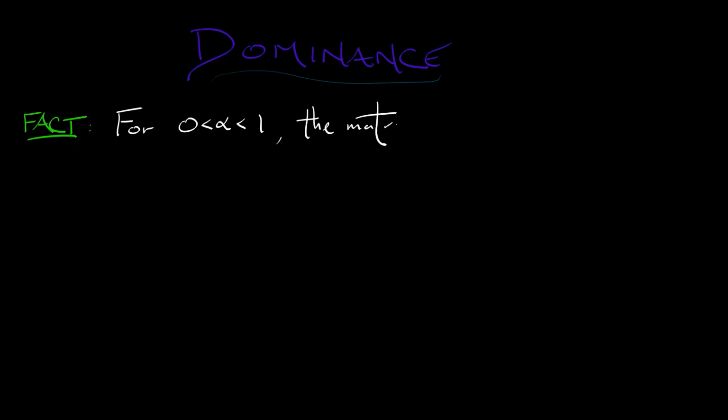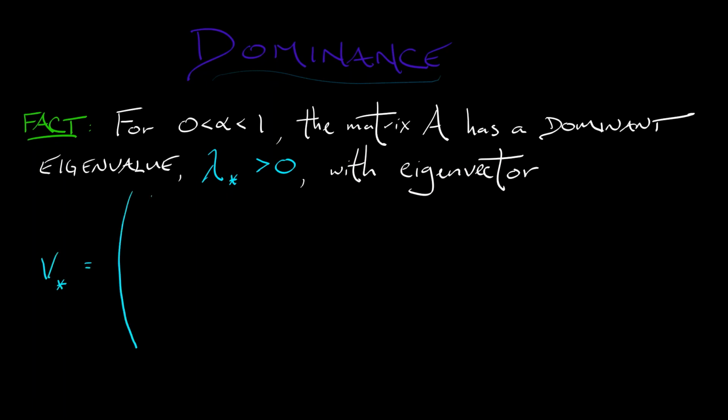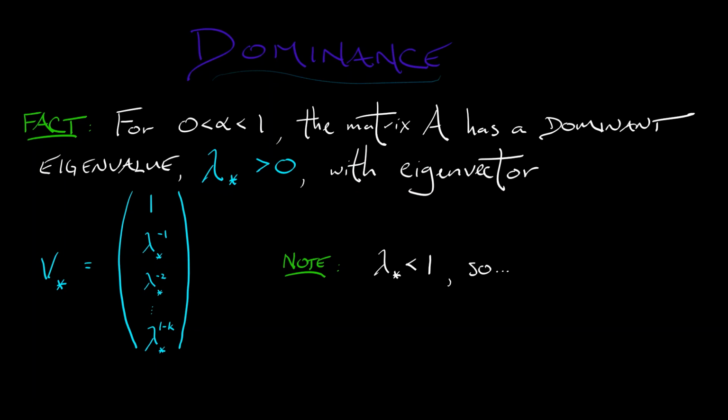Because unlike the case of the echo, this system has a dominant eigenvalue. When alpha is positive, this dominant eigenvalue, lambda star, is also going to be positive, and the eigenvector associated to it can be chosen to have first component 1, and then all of the remaining components inverse powers of this lambda star. So lambda star to the -1, to the -2, all the way up through 1 minus k. Now notice that because alpha is less than 1, this dominant eigenvalue, lambda star, is also going to be less than 1. So what does that mean about this dominant